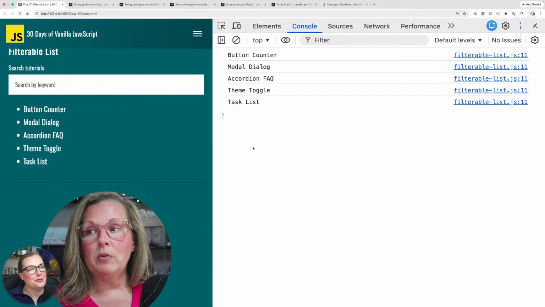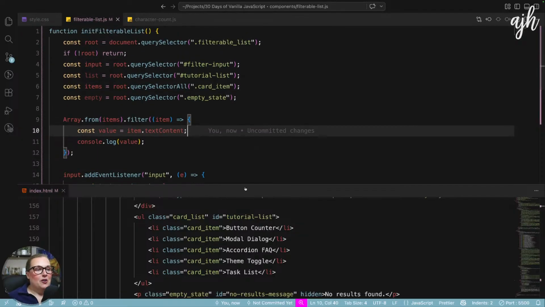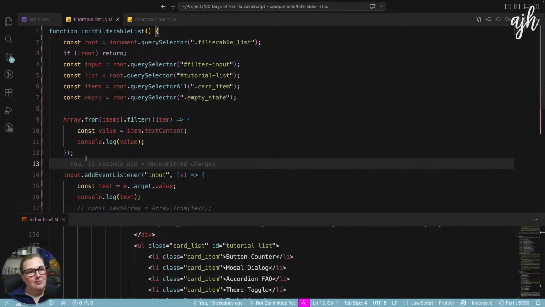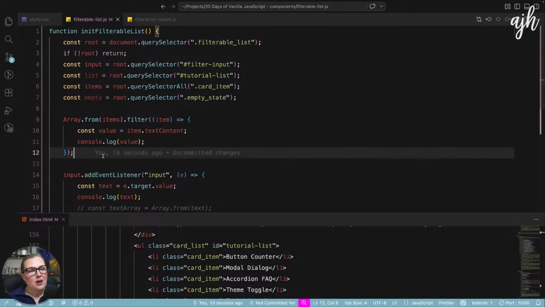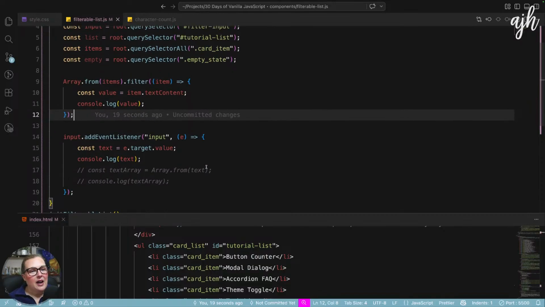Look at guys, we're doing it. Okay, this is so cool. This is the joy of problem solving that I love so much. Okay. So now we are getting the text from our items. Okay. Now, I think what we want to do now